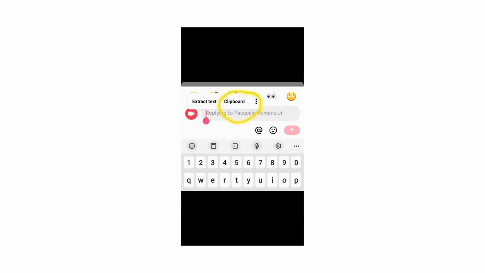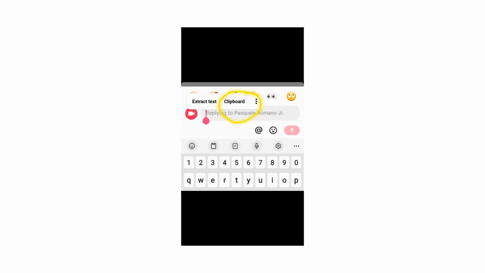Pay attention, this next step's a huge time saver. Make sure you type in your text for what you want to put in your replies in the comments. Right click, hold down, and select copy. Once you copy it, it goes into your clipboard. That's very important. Every time you go to make a comment, you're going to want to right click, hold down, and find your clipboard.